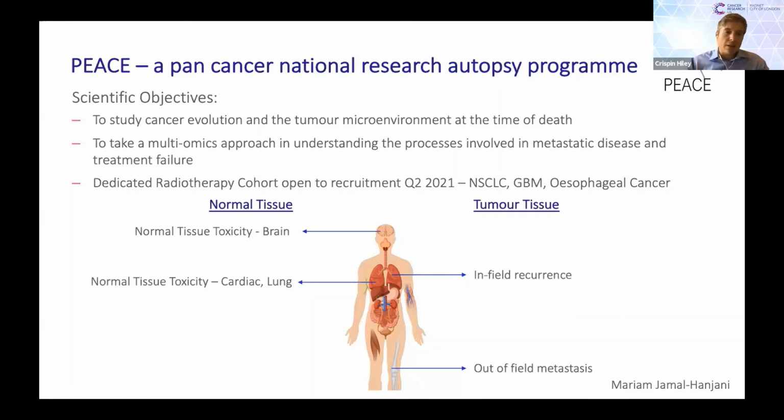I'm pleased to say that earlier this year we were given approval by the PEACE Trial Steering Committee to open a cohort specifically focused on patients who've received radical radiotherapy at some point during their treatment. And again, we're focused at the moment on lung cancer, GBM, and esophageal cancer. And at the moment, we're at UCLH, we're approaching patients that would like to take this opportunity. I'd also like to take this opportunity to highlight this cohort to, again, other centres